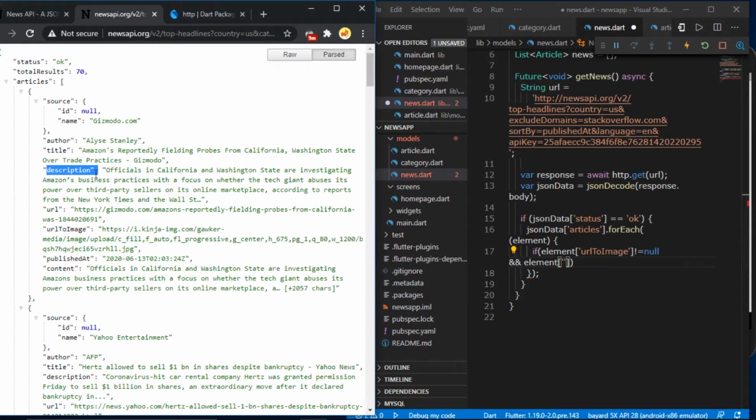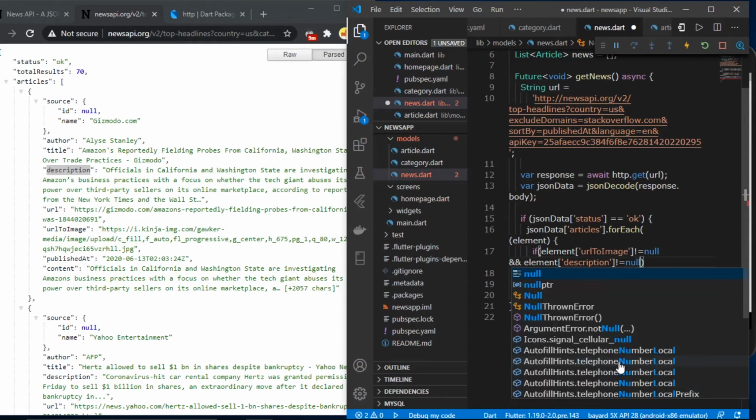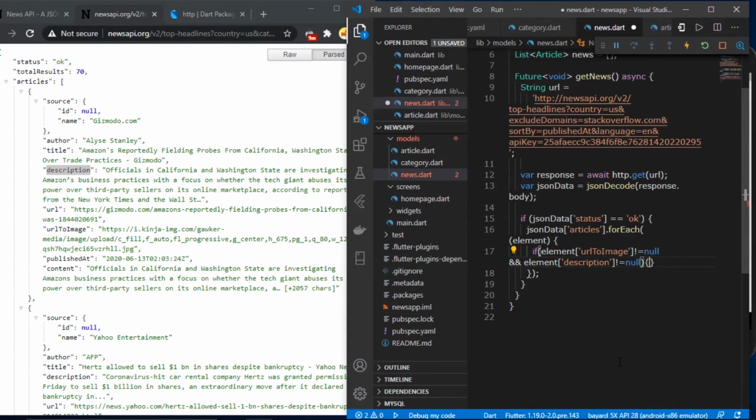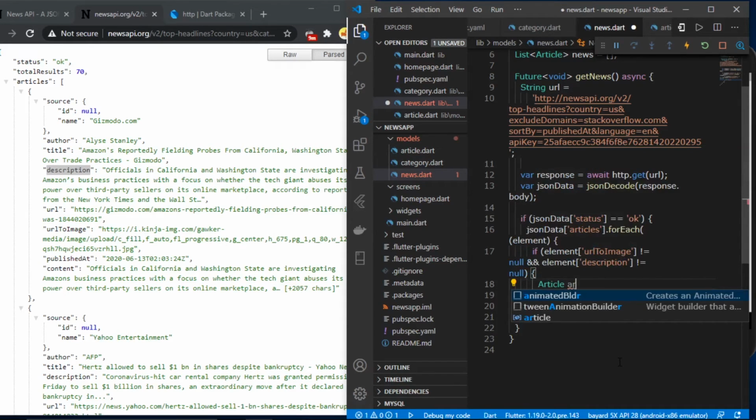So I'll just copy this and paste it here, and it's not equal to null, then what we are going to do is store the information in an article variable,